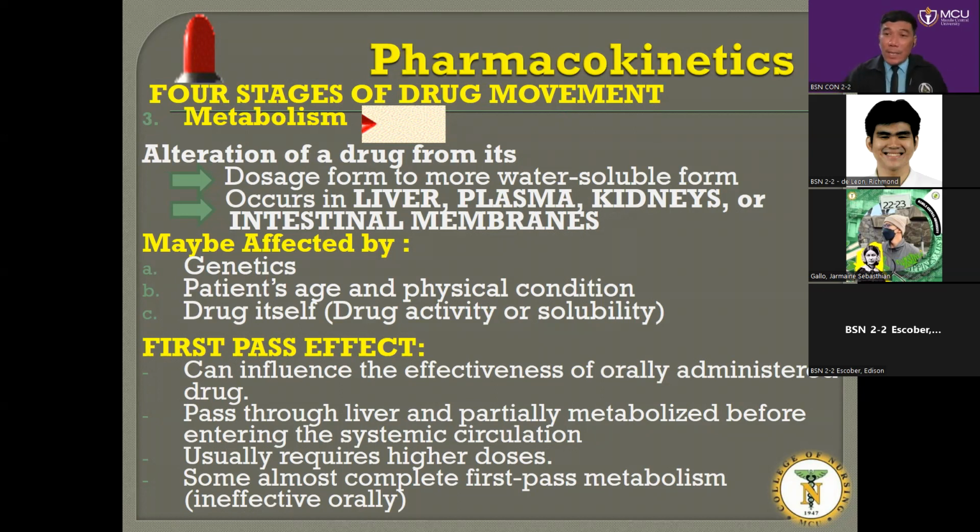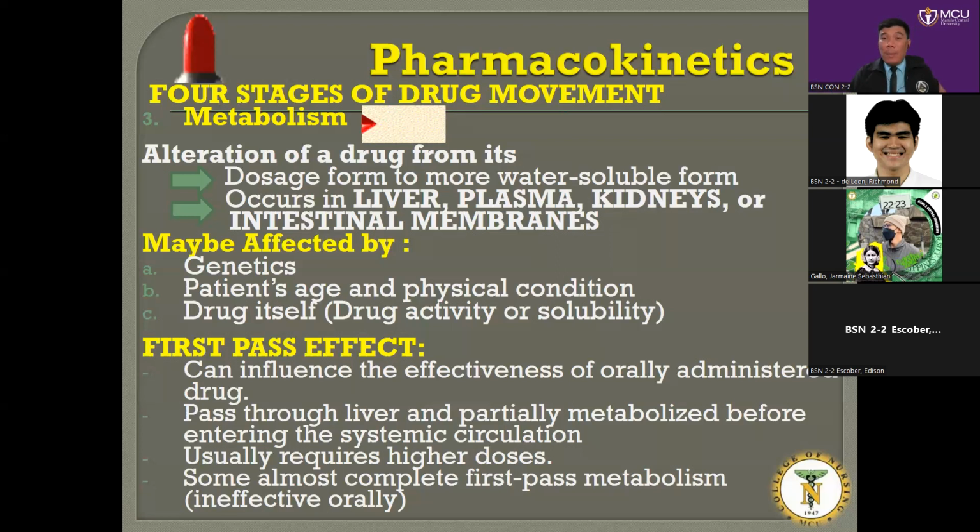O sir, bakit involved sa intestinal membrane? Because there are some drugs that once metabolized, could be excreted via the intestinal tract. That's like, for example, if you are taking an iron-based drug, ferrous sulfate, or yung mga iron-based na mga vitamins diyan,